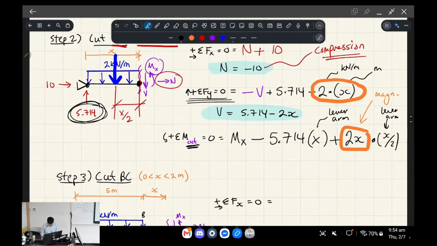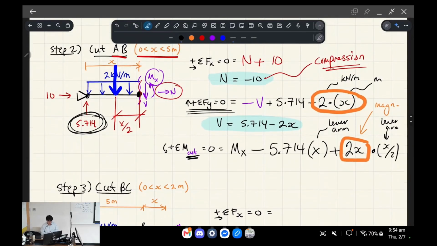Okay, so now we've accounted for everything. All we have to do is solve for mx, just like before. And that gives us mx is equal to 5.714x minus x squared. So this is our line equation for